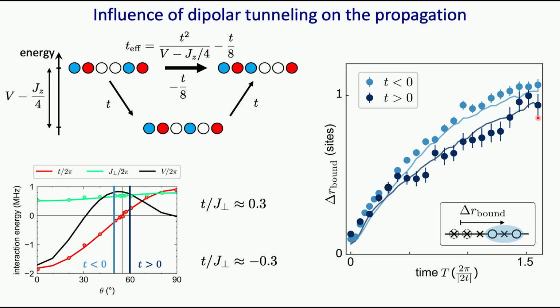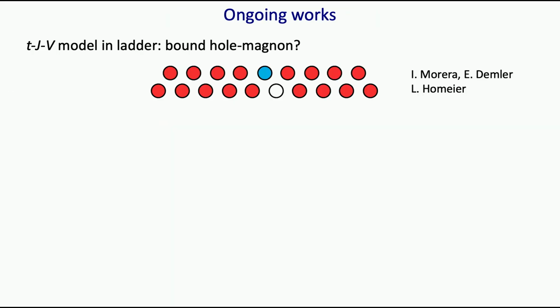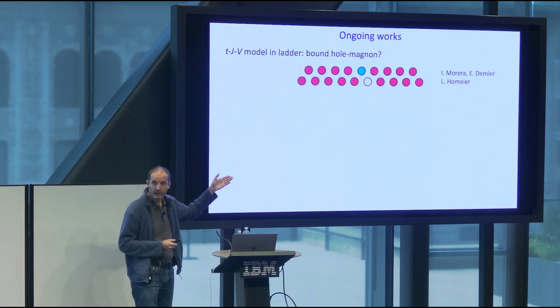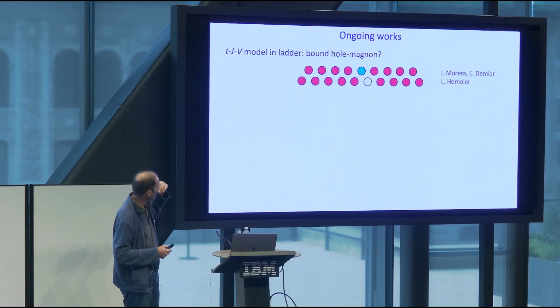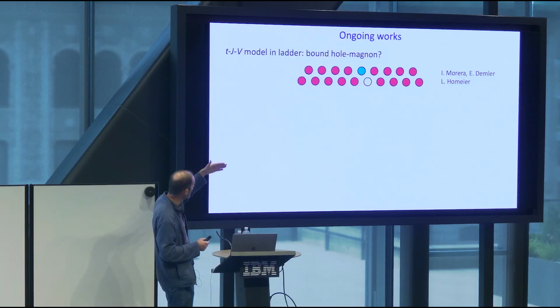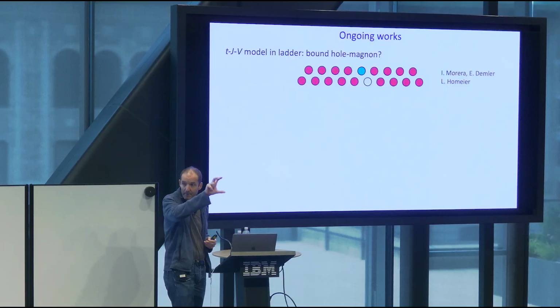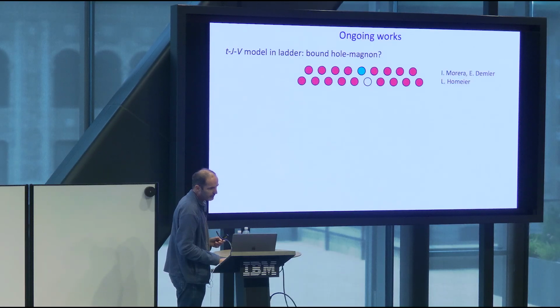OK, I think that I should probably try to stop here, so let me go to the conclusion. I just tried to show you that if you enlarge the atomic structure by going from 2 states to 3, you can implement richer spin models. The kind of physics that we are looking at the moment is called kinetic frustration physics. We look again at the propagation of holes and magnons, and it turns out that they form a pair which is bound in this kind of ladder geometry. So this is something we're exploring at the moment.